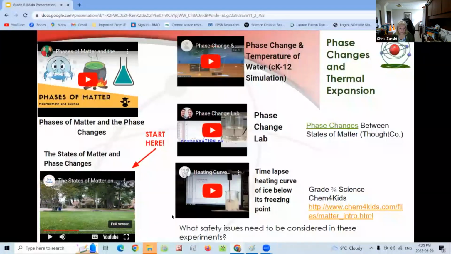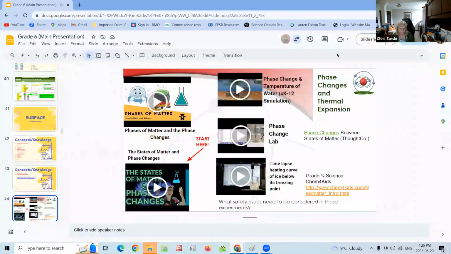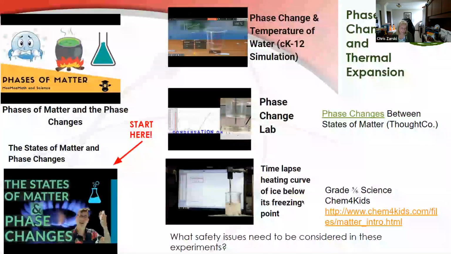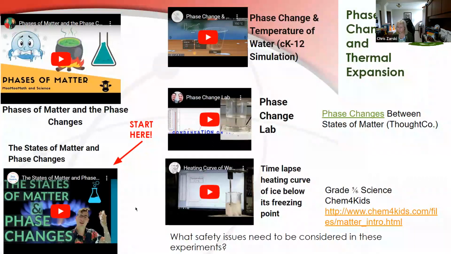Okay, it goes on, and I guess the reason I wanted to show that to you is because it does offer a lot of the background knowledge that we need, but on the same token, it's a little bit more real than some of the other ones that we had, and I really think it's a good starting point for you if you haven't done that work with the students yet. The other piece to that, and it's going to come up later, is I have a bit of a bias about how the molecules are displayed in everything that we're teaching the kids. Can they represent it? Can they model it? They're going to always show them in this sort of graphic form. So hopefully later on I'll show you another option for how we could make that a little bit more real for the students.